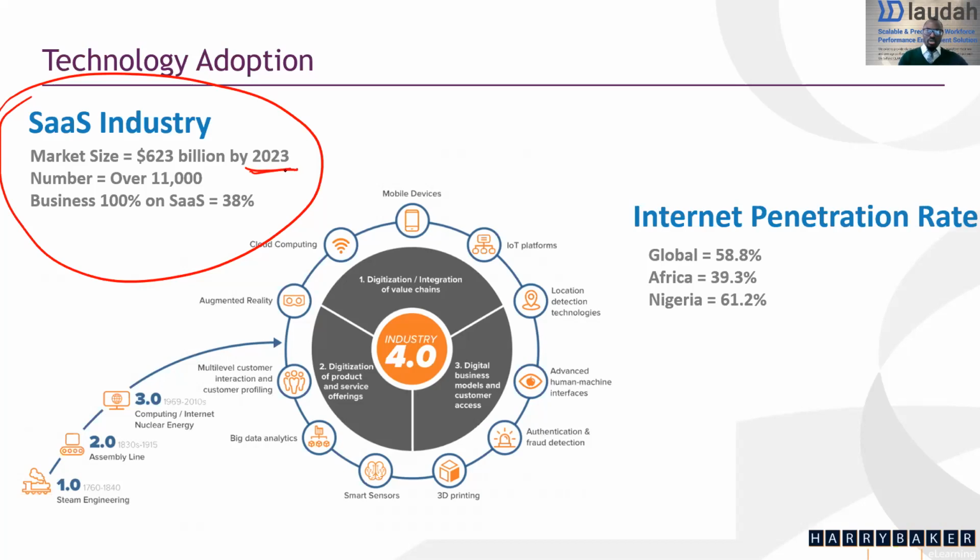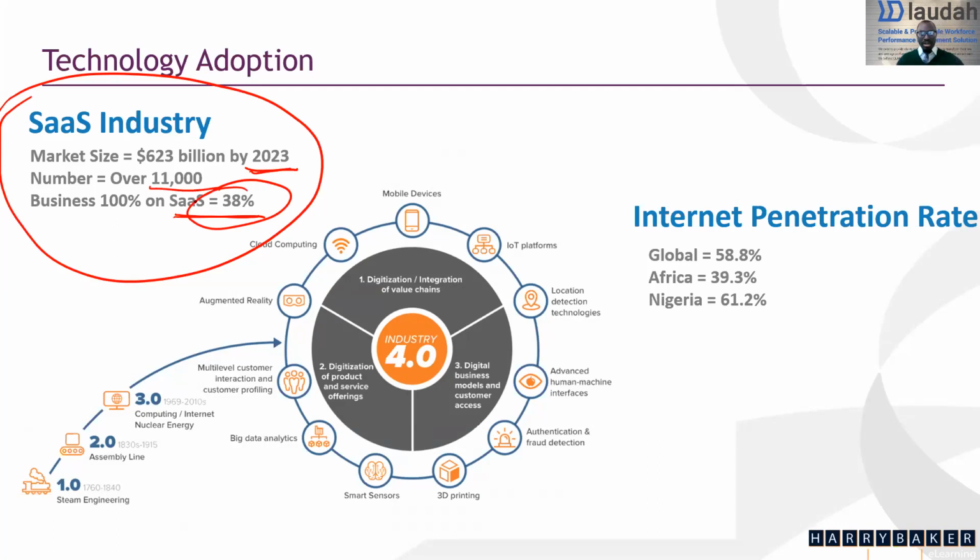As of today, it's over $400 billion. And we have more than 11,000 SaaS companies growing. And about 38% of organizations in the world run their business 100% on SaaS products. And this tells us that we have so much growth, because not everybody is still running on SaaS, and SaaS is growing at a very dramatic rate,